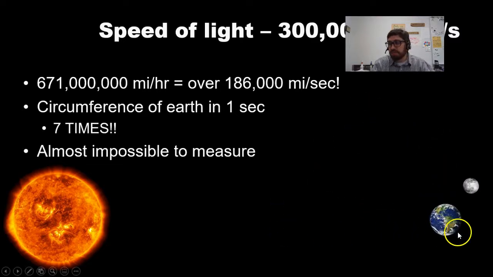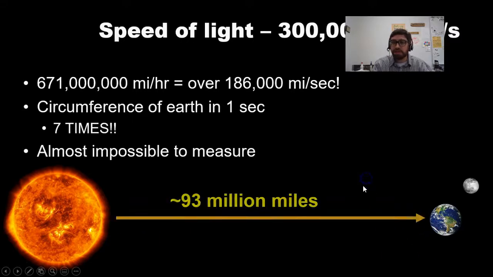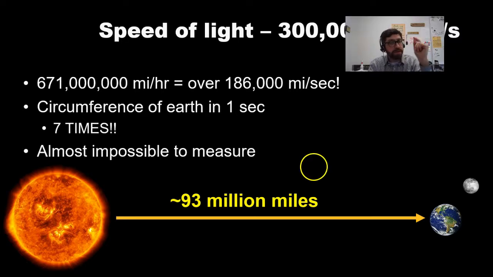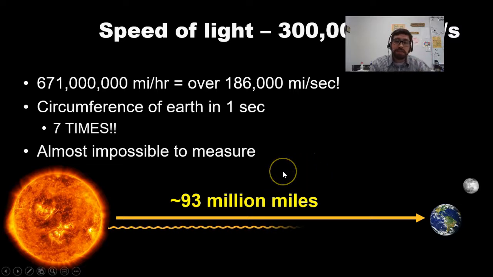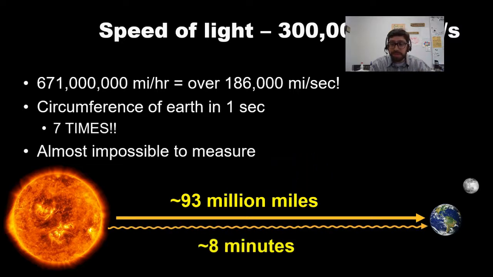At that speed, if we shrink the Earth down, here's the sun, here's the Earth. The sun is actually about 93 million miles from Earth. And at that distance, light, moving at that speed, 7 times around the circumference of the Earth in 1 second, actually takes a certain amount of time to get here. It's about 8 minutes. Yeah, it takes light from the sun 8 minutes to reach the Earth, which means this: